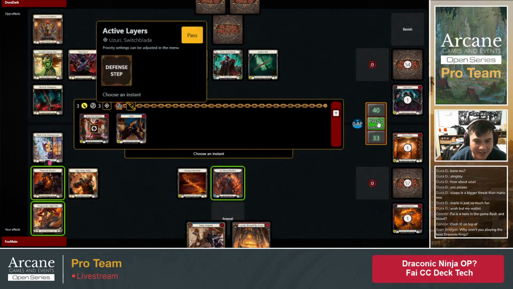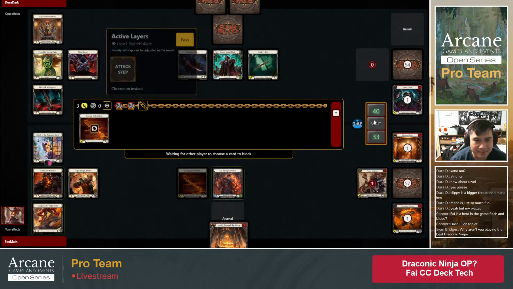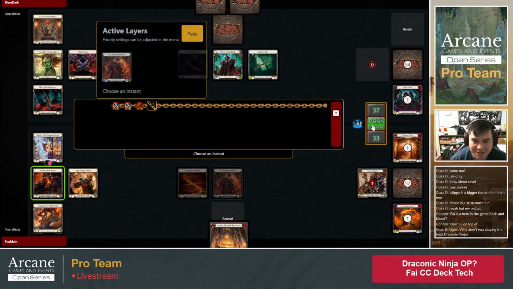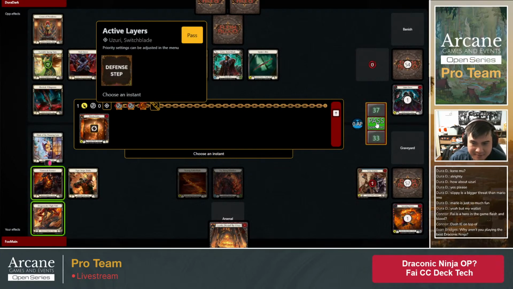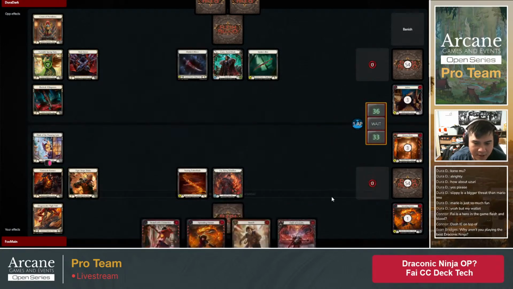Evan Bridges says, why aren't you playing the best Draconic Ninja? Unfortunately, I am. I am at the moment. Not only is Cindra not the best Draconic Ninja, she's not even the best ninja. She's not even the second best ninja. So we will not settle for...